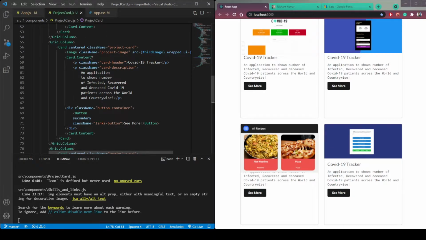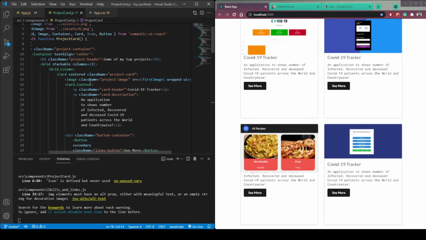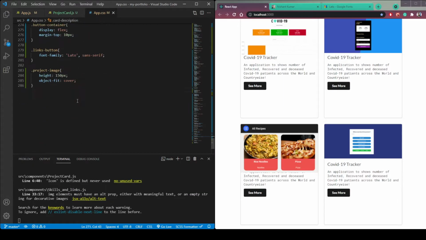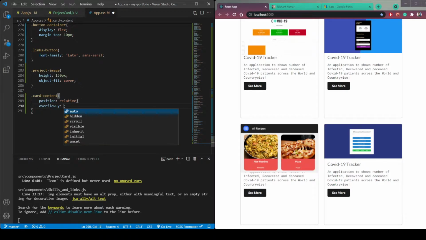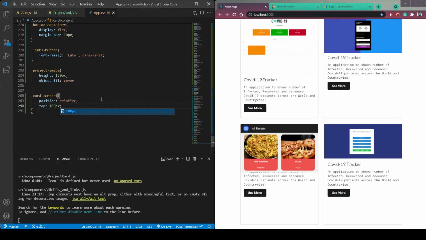in this card content, let's give it a class name of card content. Then copy this and let's use position relative top 100 px.